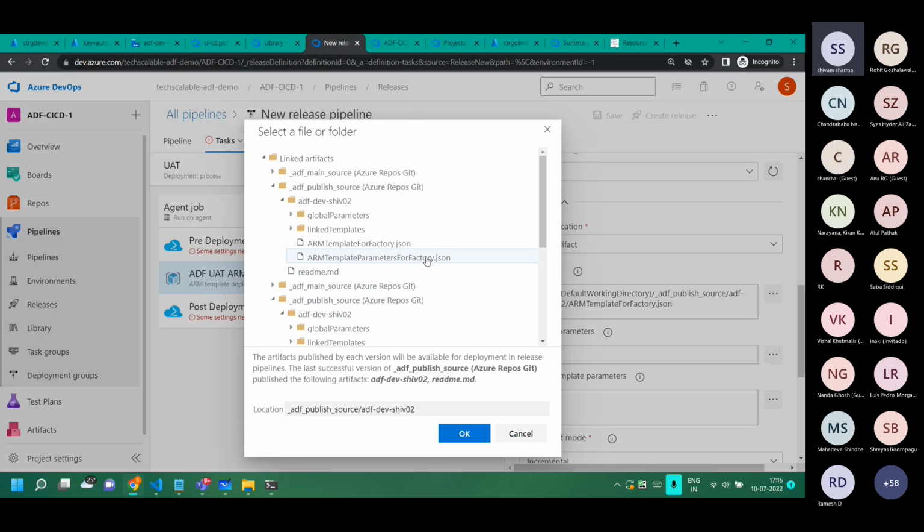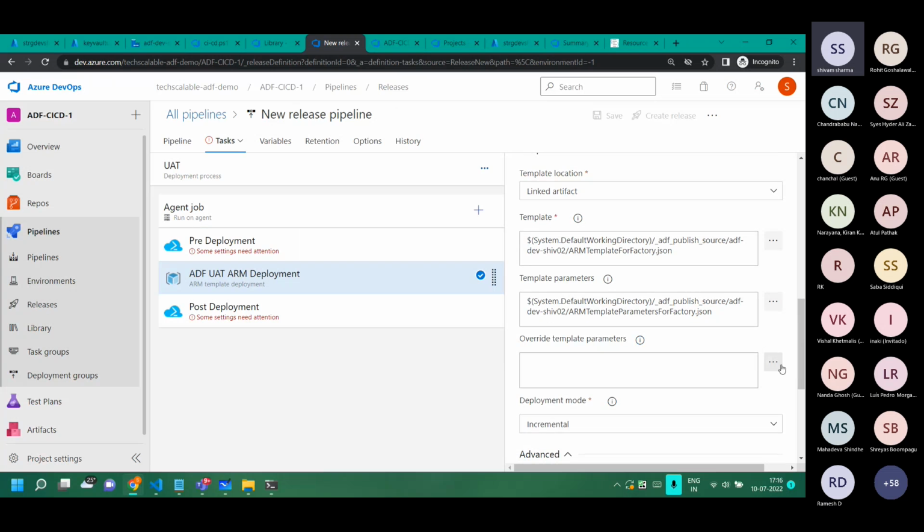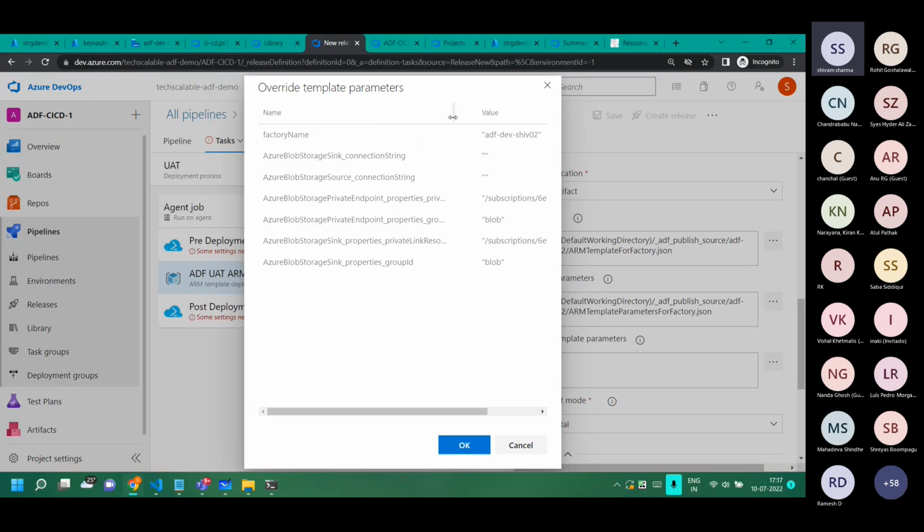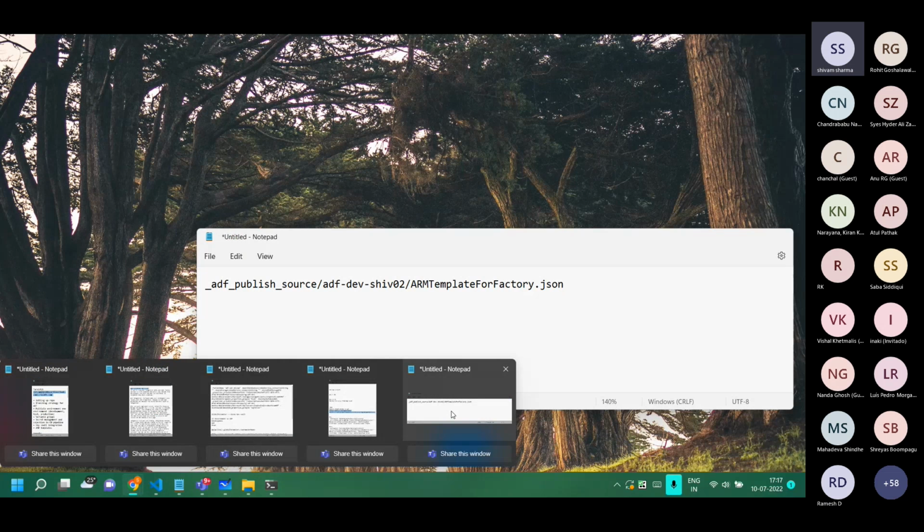This one. Now here, we have to override the parameters now. So these are the ones which we have. So it is using, let's see what it is using. The connection string of the source, sink, private endpoint information, private, okay. So we will gather all this information and we will take care of it. Now, what I'll do is I will,